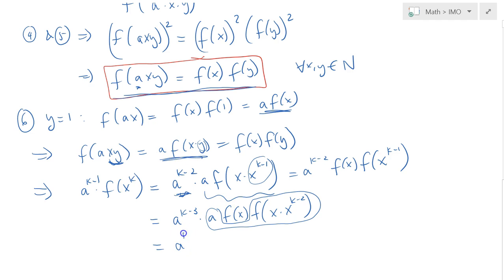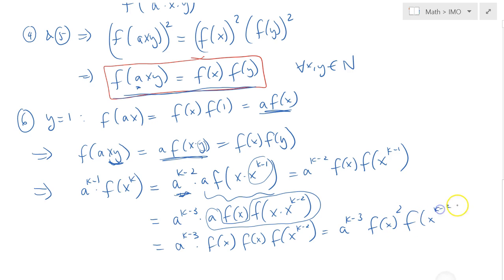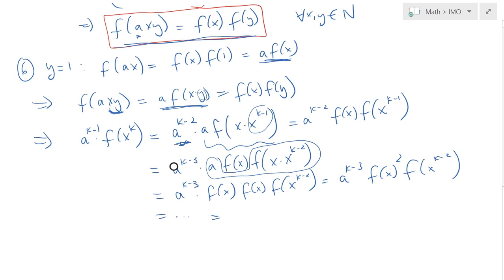So we have a to the power k minus 3 times f of x times, we can split this as f of x times f of x to the power k minus 2, which is simply equal to a to the power k minus 3 f of x squared f of x to the power k minus 2. So if you proceed in this fashion, or if you would like, you can prove it also by induction, that